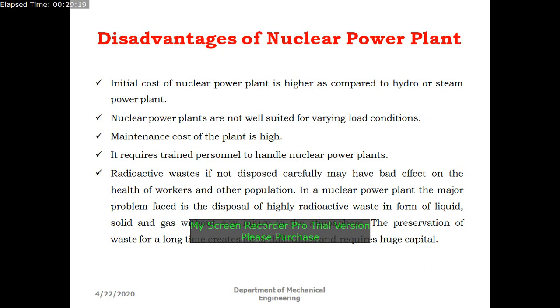And radioactive wastes, if they are not properly disposed of, are a problem, because the radioactive material can have a half-life varying from fractions of seconds to some number of years. In such a case, the radiation will spread in the environment, and that may change the material behavior, both physical as well as chemical. Even that can cause skin diseases to human beings also. So we have to be very careful while disposing of nuclear power plant waste.